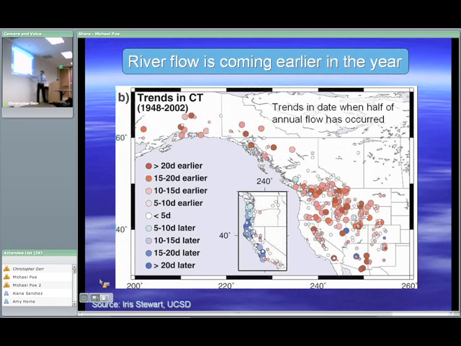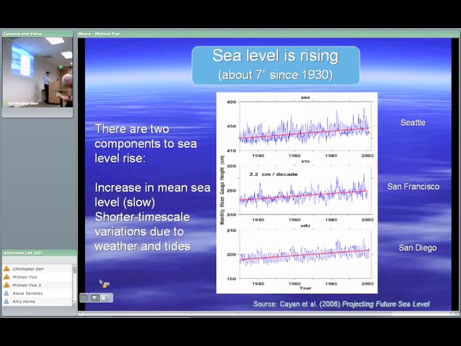Okay, this is the same thing on lower elevation watersheds that aren't snow-dominated. You don't see that tendency toward earlier-in-the-year flows. So again, what this is telling you is that the earlier-in-the-year river flow is not a result of some change in the timing of precipitation. It's a result of warming, and specifically a shift in the form of precipitation away from snow towards rain, also a tendency for what snow there is to melt earlier. So we've seen this in the observations, and we expect this trend to increase.